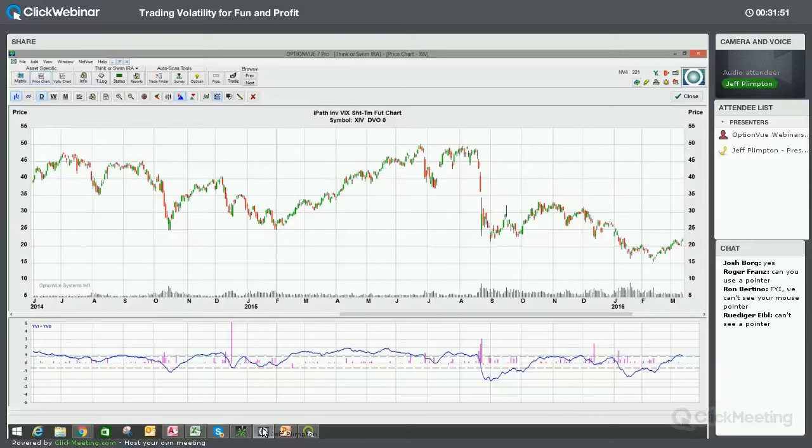Here's a huge one. This would have helped us. We're heading into this event. But again, you can see it hit the green line twice. If we just follow our rules, like all trading, we would be fine. But woulda, coulda, shoulda, right? Hits the green line twice. Some of us might stay in, thinking, well, maybe we'll get a pop-up now. It didn't. It just tanked. And when it hit the brown line here, we need to get into the VXX,